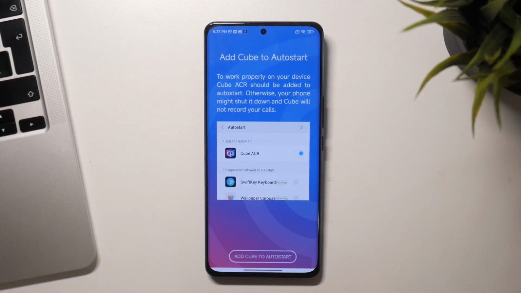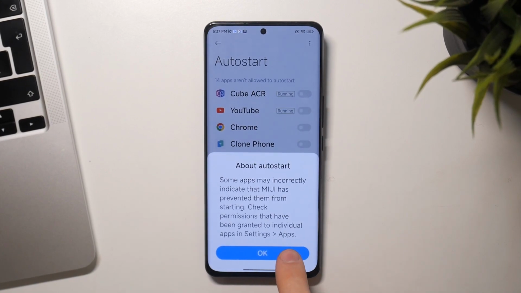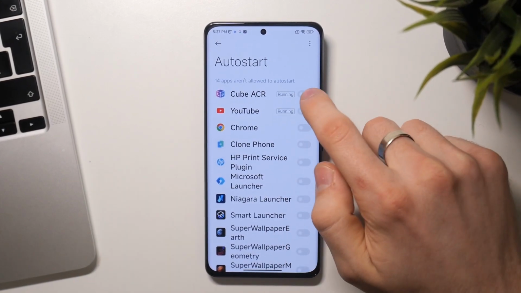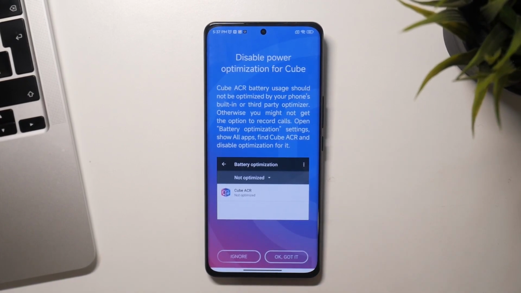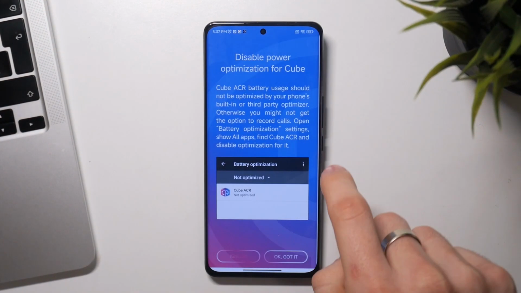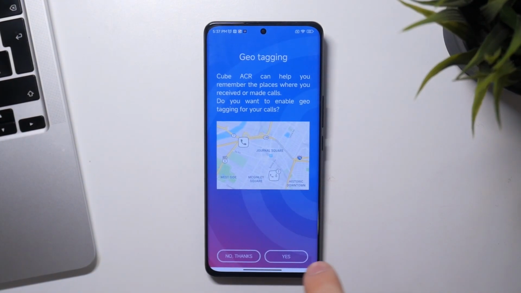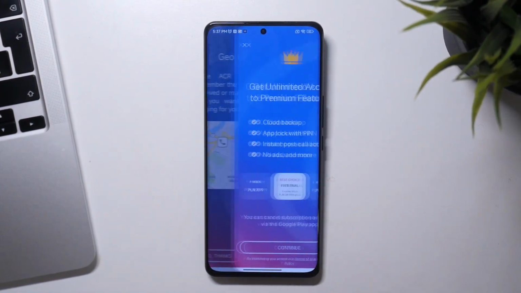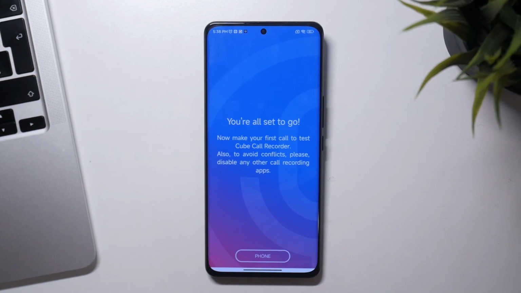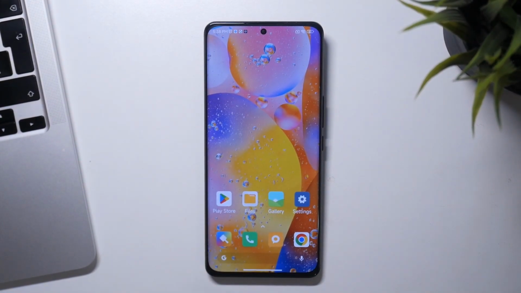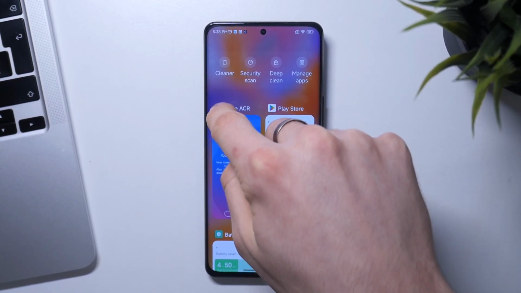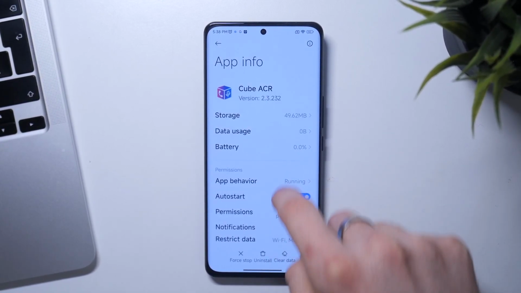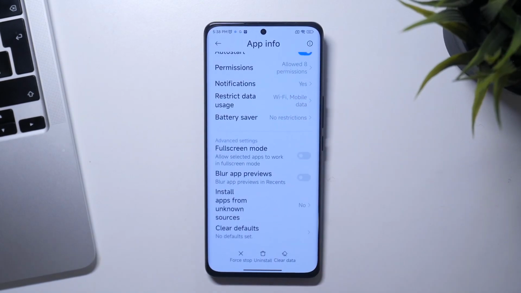Click OK. Add Cube to Auto Start, click OK again, enable, go back, OK, go ahead, no restrictions, OK, go ahead, no thanks, OK, go ahead, cross on the top corner, open the home screen, open the recent apps, click on the Cube ACR button, and here you need to